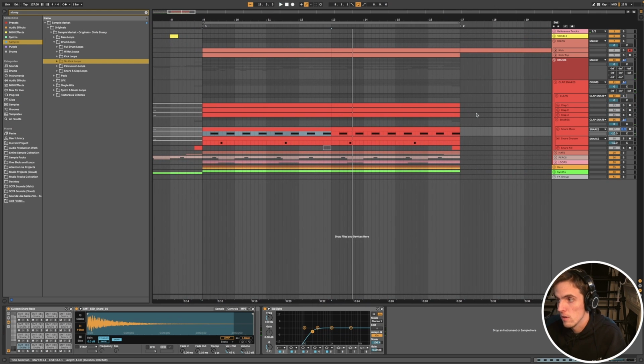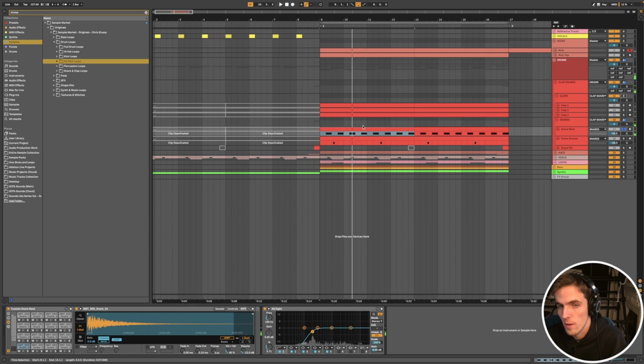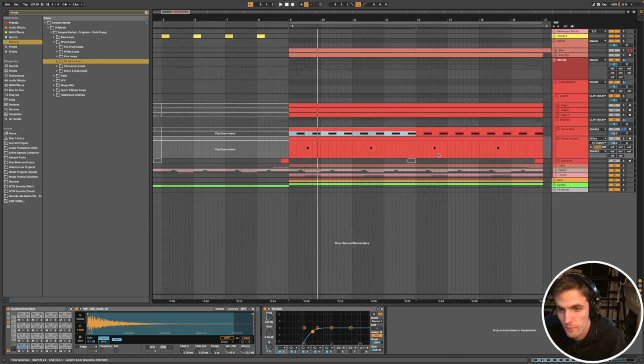Something on the 2 and the 4. I wouldn't go that crazy with layering because it will clip your master at that kind of frequency. It's like an offender that often does that. But you'll have the sample on the 2 and the 4, and then something that can be quite good to do